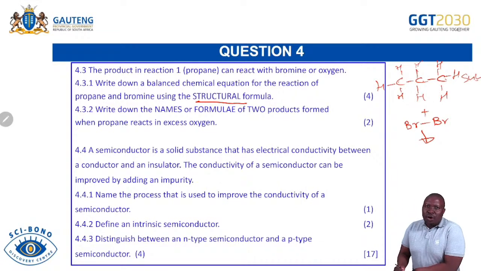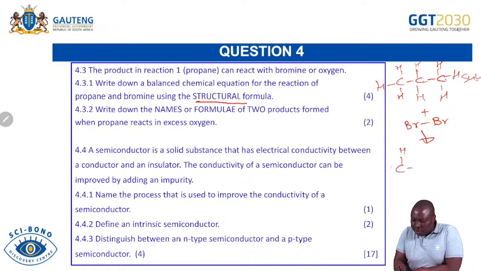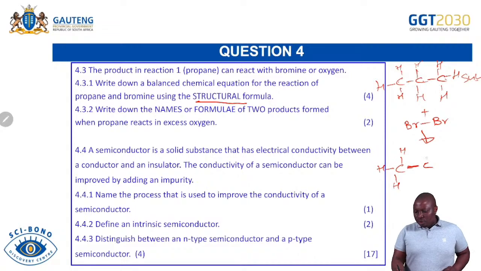But which hydrogen? Always, you will substitute from the poorest carbon, which means the carbon that is having the least number of hydrogens. So you can't substitute on the carbon that is having 3 hydrogens. No, the poor in this case will become much poorer, meaning that you will take the hydrogen from the carbon with the least number of hydrogens. So in your product, carbon number 1, because it was having 3, it will remain with 3. But carbon number 2, that was having 2 hydrogens, now we're going to substitute there with the bromine in carbon number 2. So you are able to do it like that.